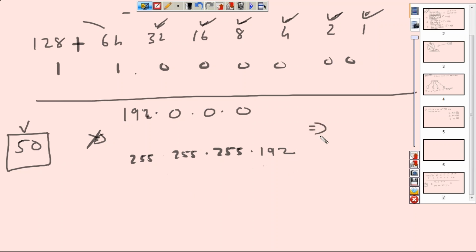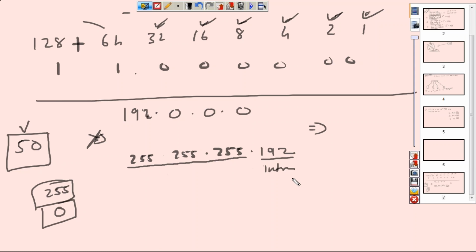Now, what is the actual size of my network? What is my network now? Starting from where? Where does it end? Now, in the subnet mask, anything that is 255, we don't care. Anything that is 0, we don't care. Anything other than that is what we call the interesting octet. So in this case, that one there is the interesting octet, because we know this we cannot do anything with. So this here is the interesting octet. That's where we are going to play.